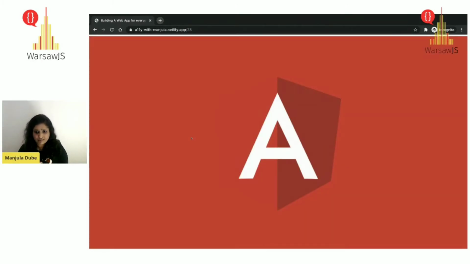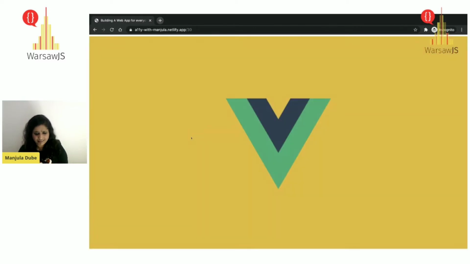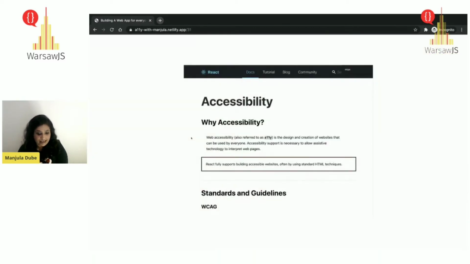No matter what framework we use, it should be accessible. Actually, the React docs, when you open them, the first line itself says that React fully supports building accessible websites, often by using standard HTML techniques. So it's not that if you're using some kind of framework or library, it prohibits you from shipping accessible products.